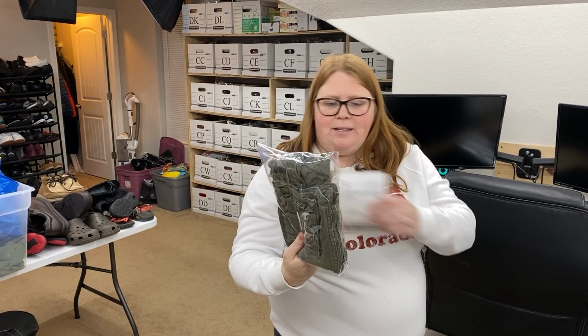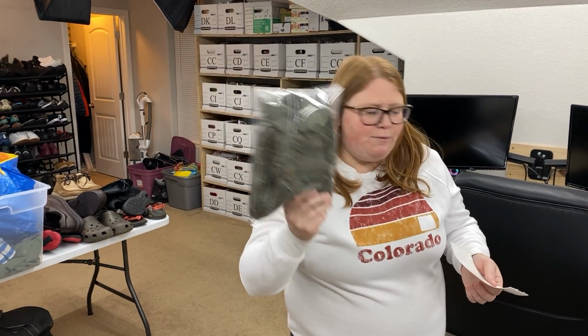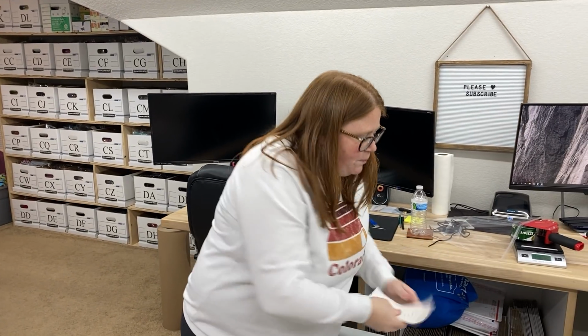It has some fading and stuff, which honestly for a fishing vest makes it look cooler, I think. But yeah, so I'm happy with that. And then box